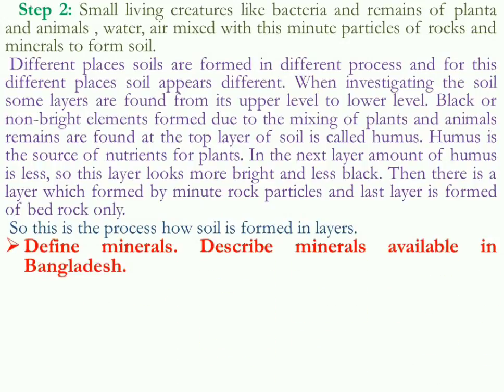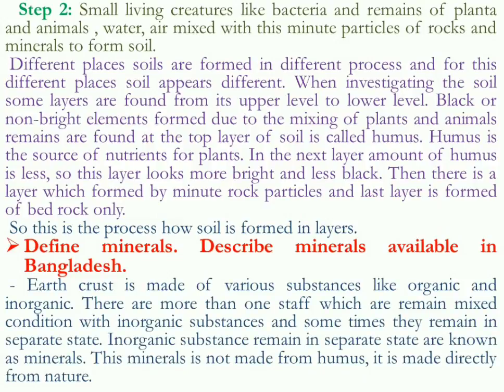Now let us know about minerals and what minerals are. As we find, the earth's crust is made of various substances, organic and inorganic. Organic, like this humus: human, animal and plant bodies decompose, then convert into organic things. And inorganic is made of natural things. So there remain on the earth's crust more than one stuff mixed with inorganic substances. There are a lot of things mixed in the soil,